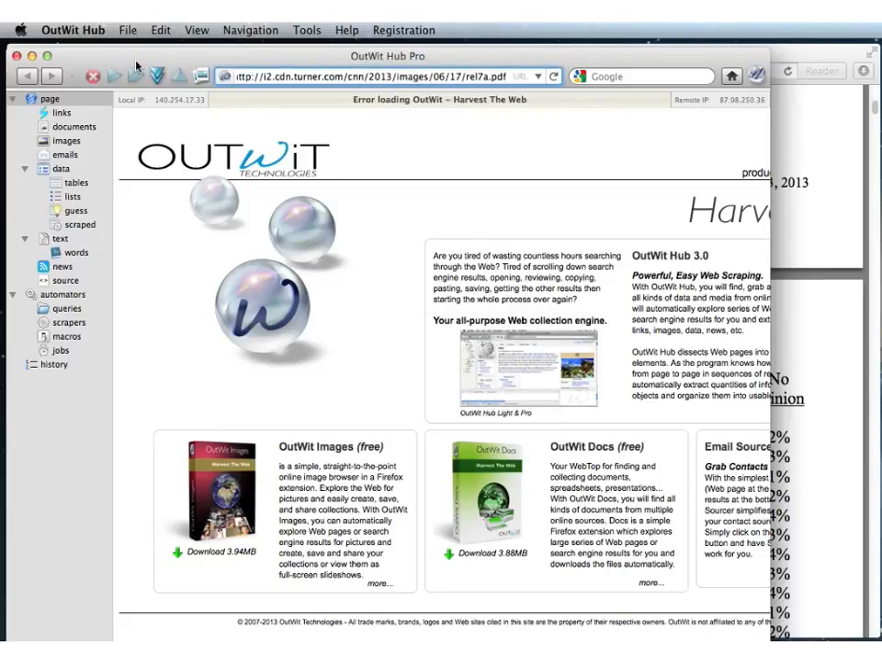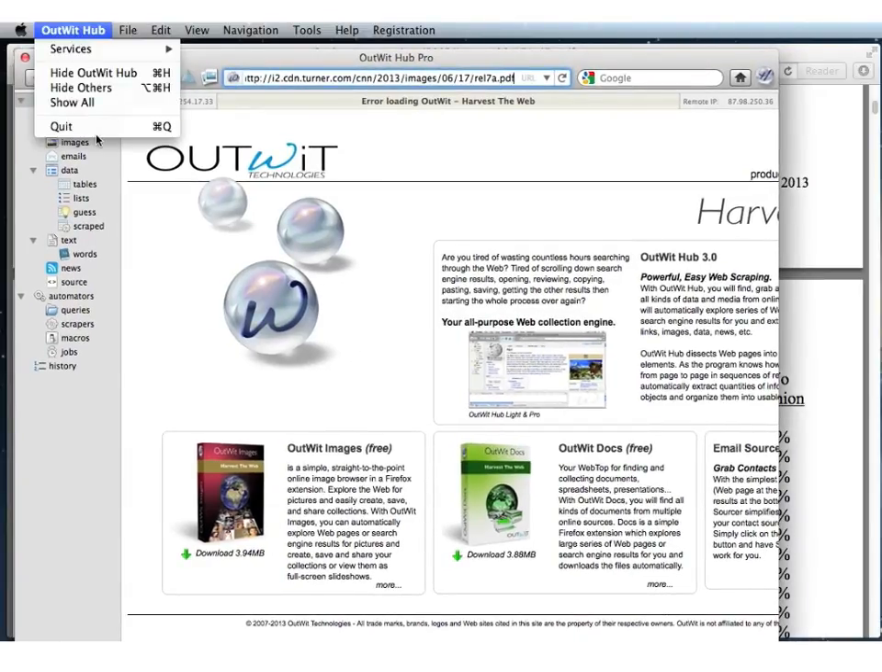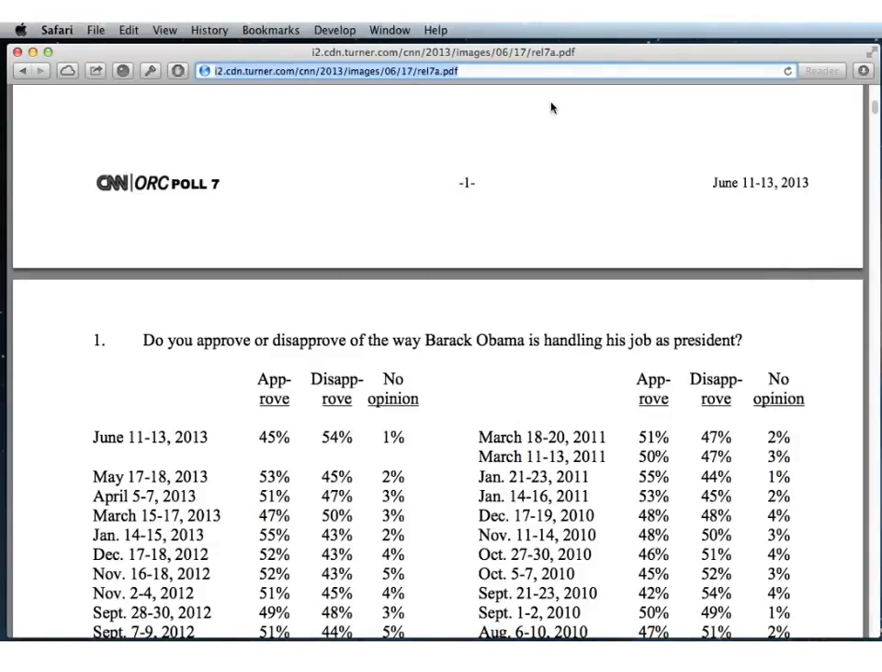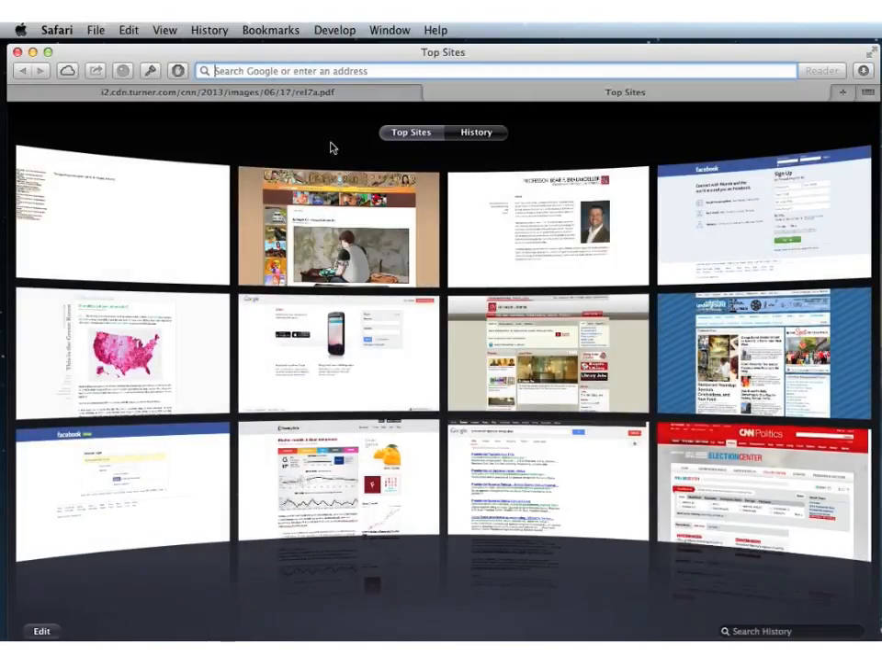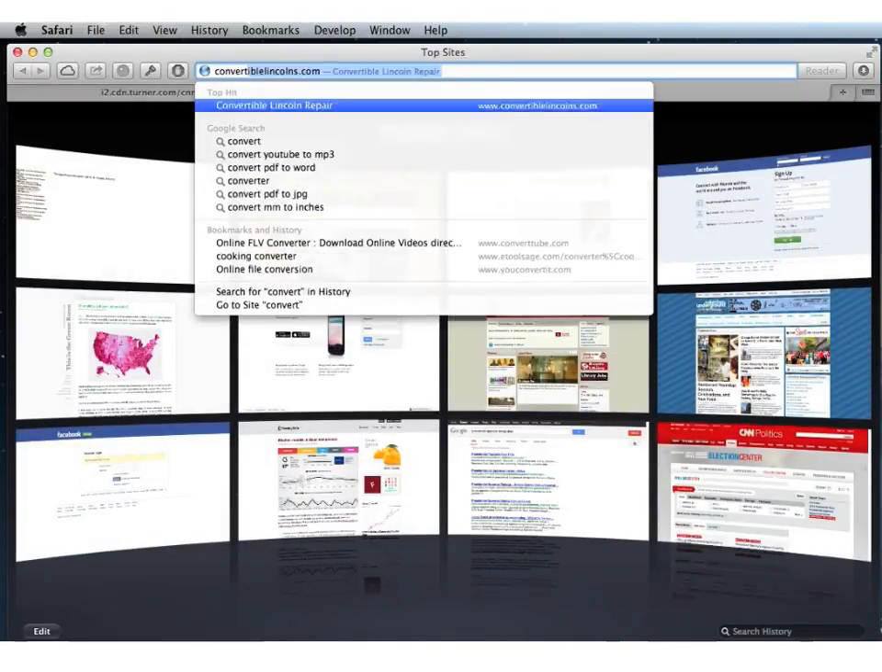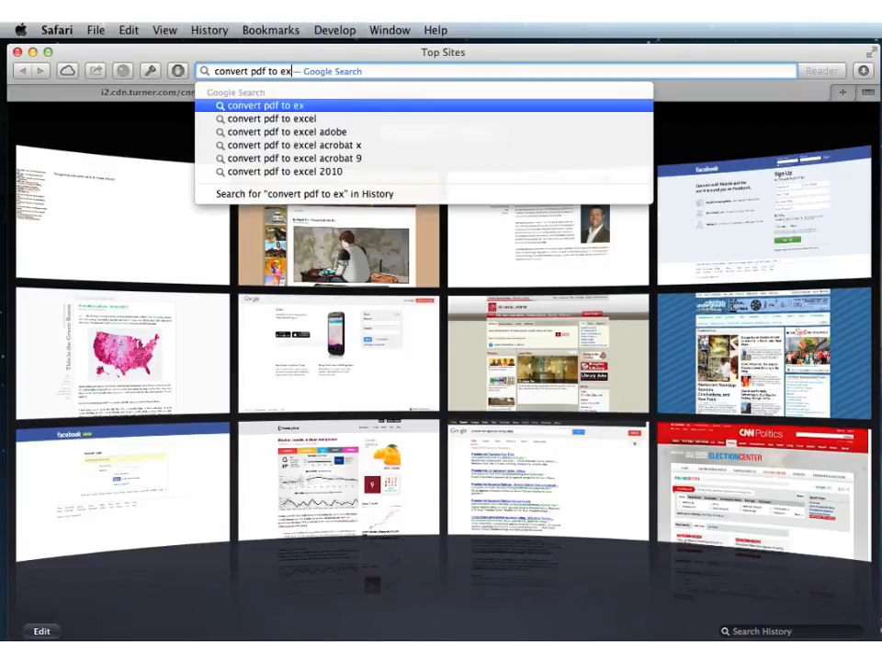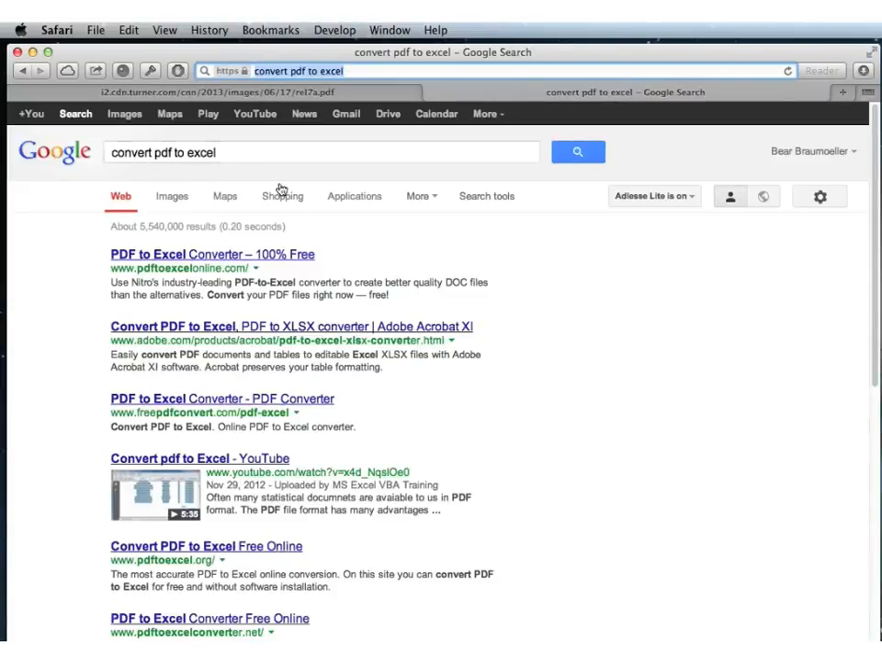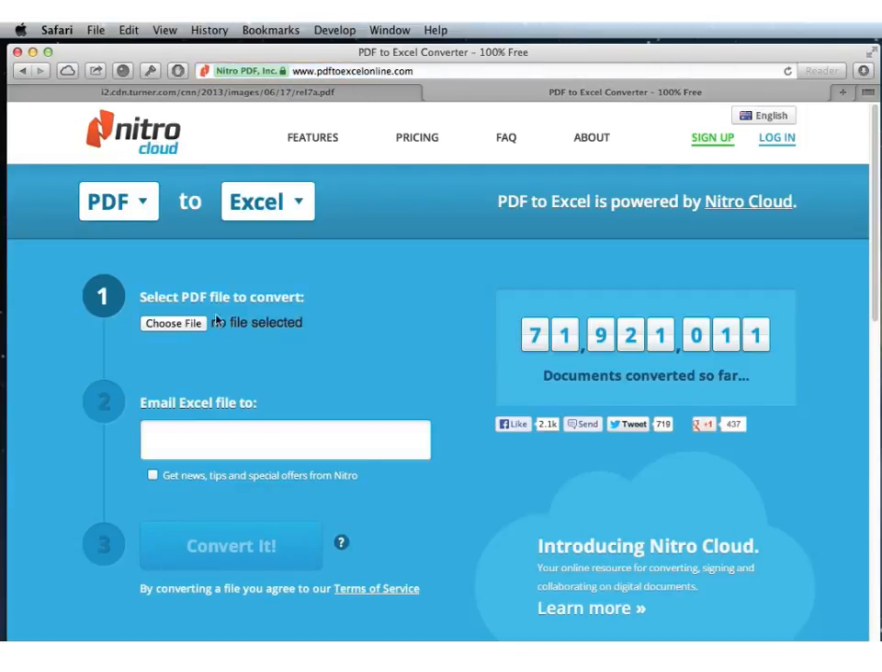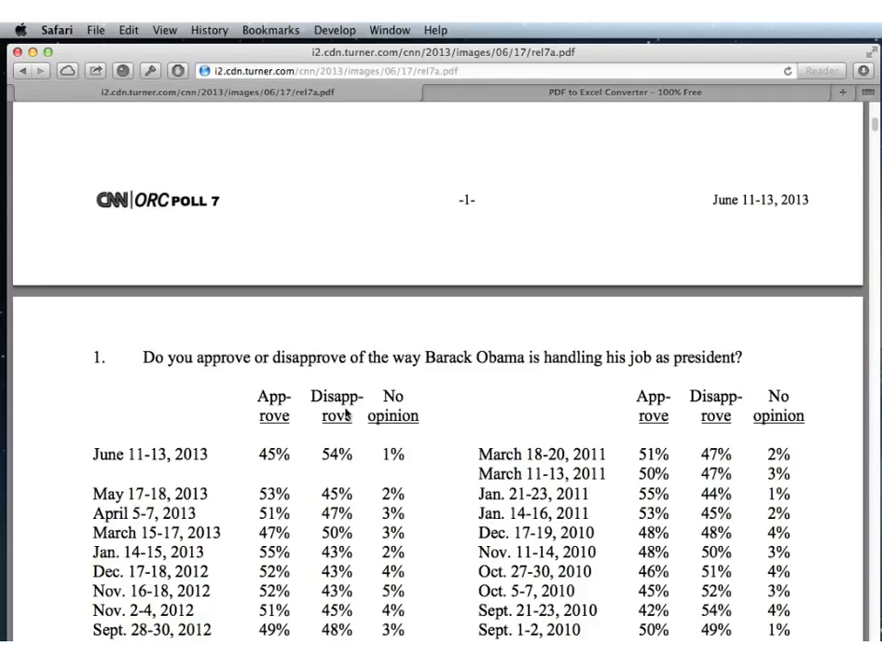So we have to get creative here. Right? We've used all of our favorite tricks. What are we going to do? Well, let's try looking on the internet to convert PDF to Excel. Let's see if we can find something that does that. PDF to Excel converter 100% free. That sounds promising. PDF to Excel online. Okay, so the first thing we need to do is select a PDF file to convert. Okay, so we will save this